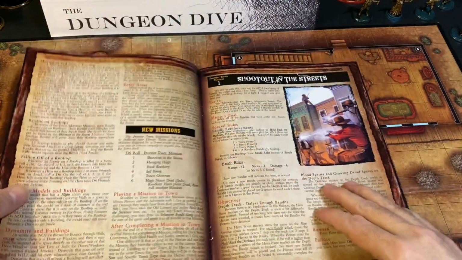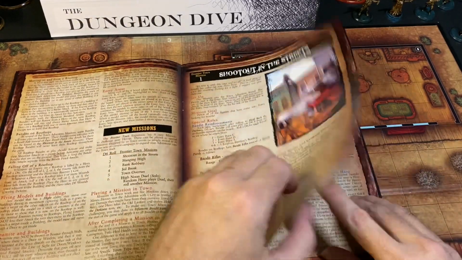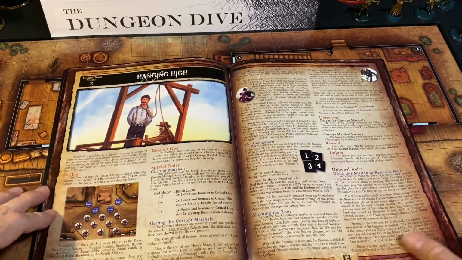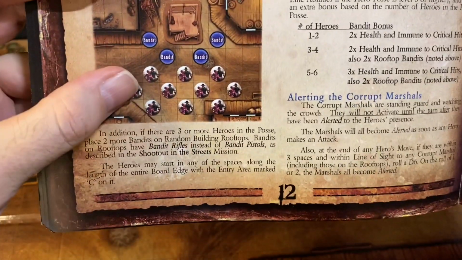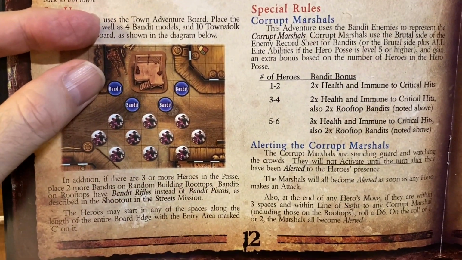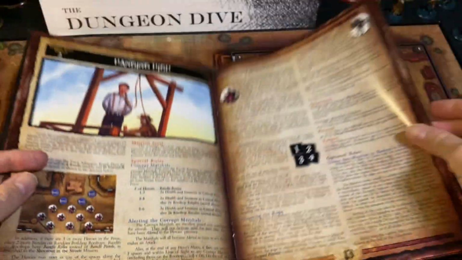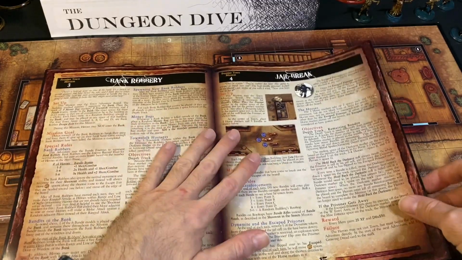So that's pretty cool. And then you're going to get 6 new missions. Shootout in the streets, hanging high. This is cool. You have a little setup like somebody's about to get hanged, and you have all your townsfolk out there watching the public execution and some bandits scattered around. Very thematic this is. A bank robbery, a jailbreak,